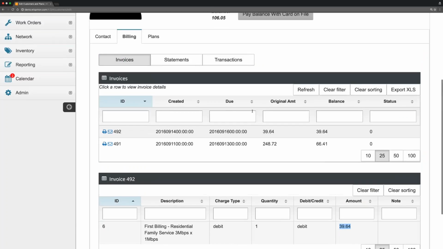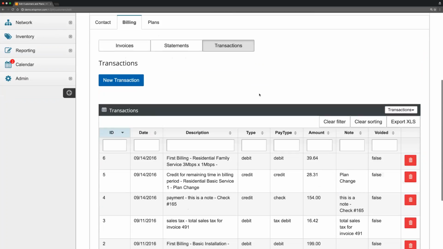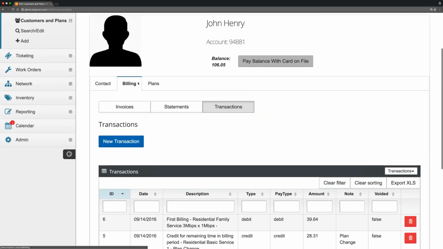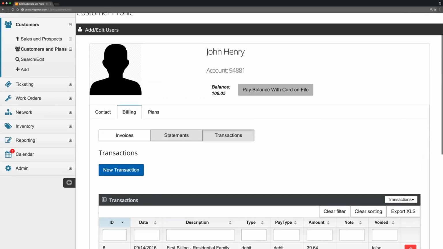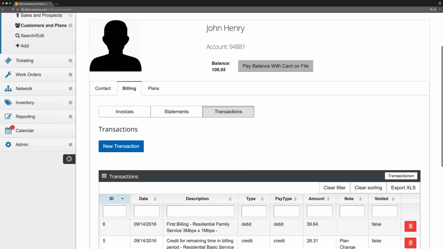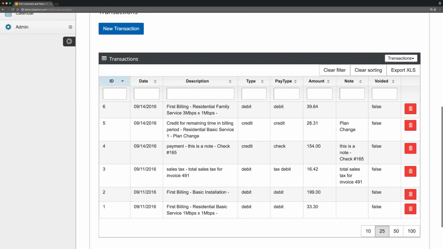$39.64. It also should probably have created a credit. Let's go look and see if it did. So what I've done is I've gone to billing, I've gone to the customer, I've gone to billing. I'm looking at transactions now, and I'm looking at all of the transactions this customer has. So this is transaction 1, 2, 3, 4, 5, 6. There's the credit for the plan change, credit for the remaining time in the billing chart and the billing change,